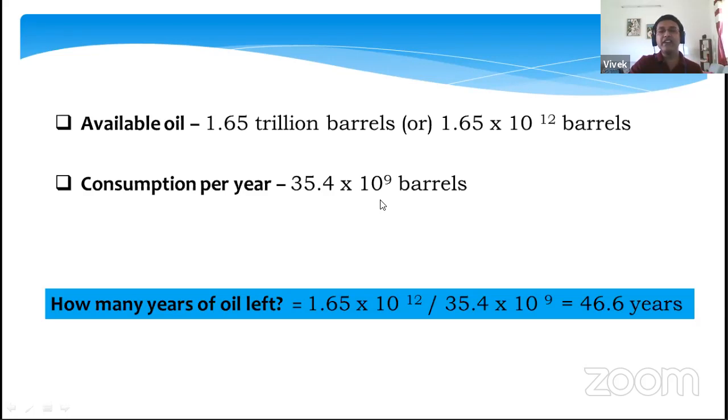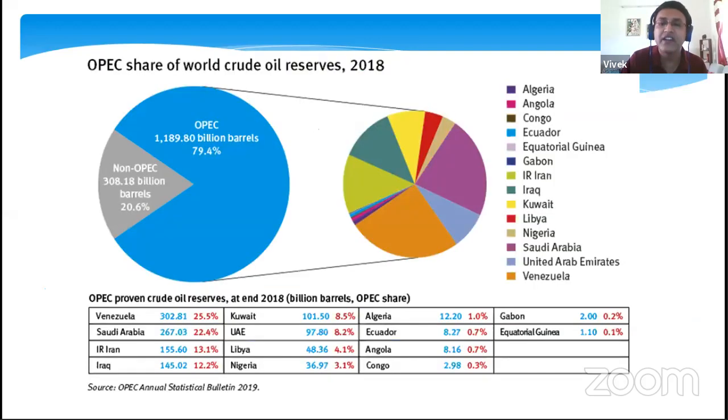So one barrel is equal to 159 liters of crude oil. If you take the ratio of this, we are left with only crude oil which would last for about 46 years. This is not going to be a simple scenario, because we see the daily rate of oil consumption is increasing. That is why we are trying to address this deficit in oil demand by fulfilling it through other energy